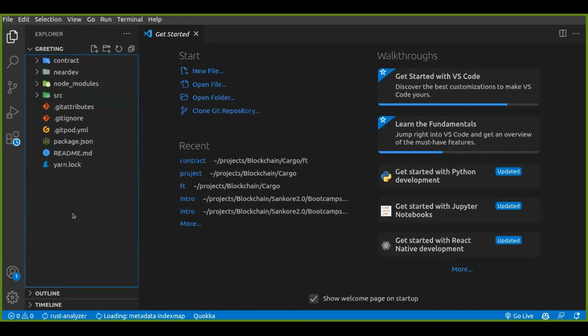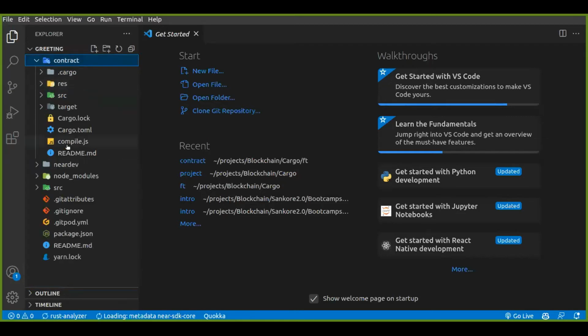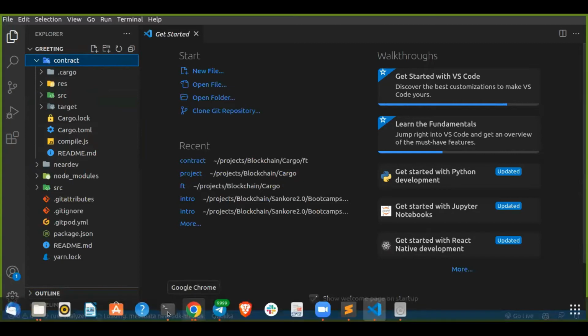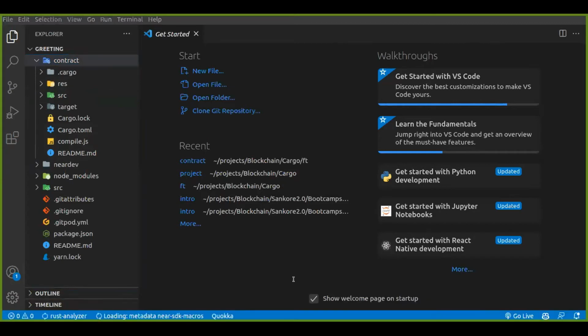Now, since we are focused on writing smart contracts, we'll not give so much focus to these other folders, except for the contract folder. Like I said, this is the folder we're going to work from to write our smart contracts. So I'll just open up that exact folder, the contract folder,